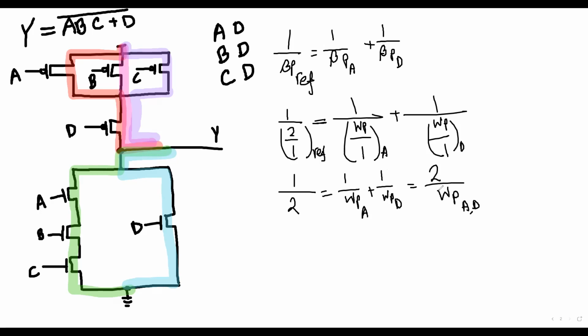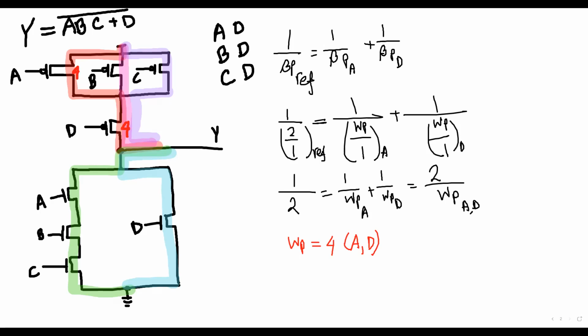Now, if you further calculate this, that means if you cross multiply this one, this 2 and this 2 will be multiplied. WP and this 1 will be multiplied. What will be your value? Your value will be WP for A and D will be 4. For A it is 4, for D it is 4. Understood? So I'm going to write 4 and 4 here. I'm going to write 4 and I'm going to write 4.